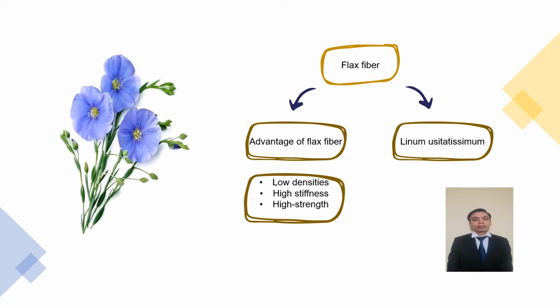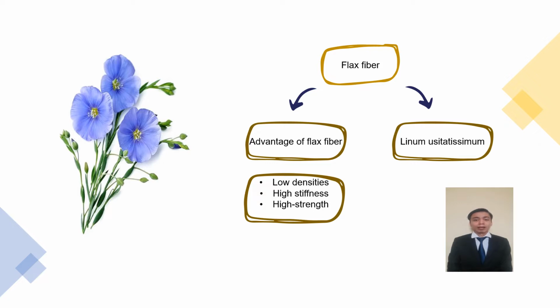This slide is about flax fibers, or in scientific name Linum usitatissimum, and flax fibers are categorized as natural fibers. As we know, the advantages of natural fibers are that they are environmentally friendly, safe for human skin, biodegradable, and have good mechanical properties. This fiber is taken from the bast of the